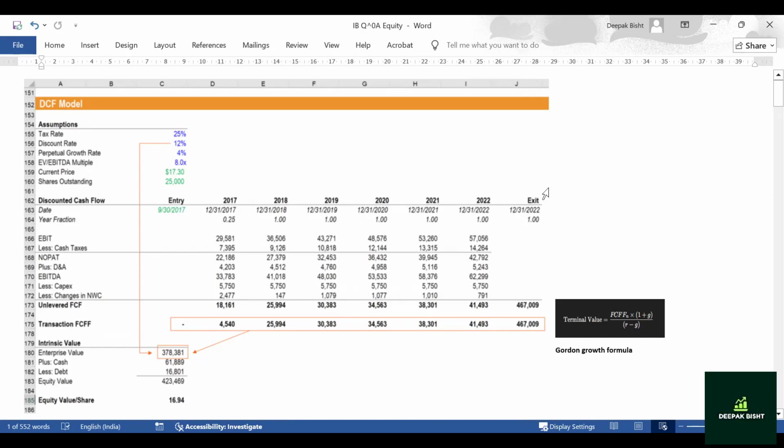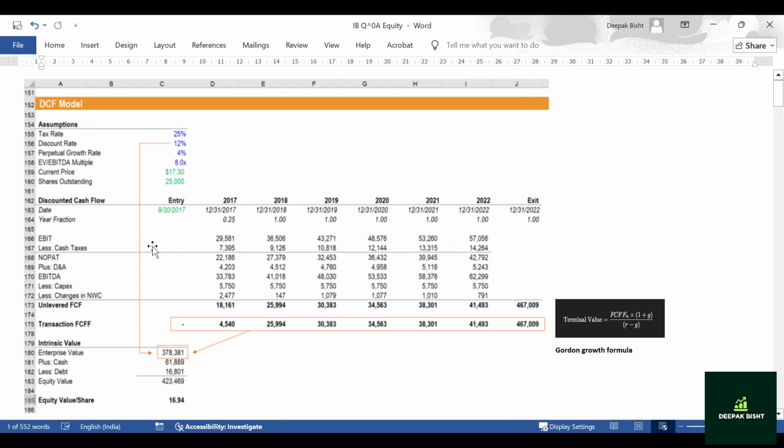Terminal value we can estimate using two approaches. The perpetuity method, this is the formula, where we assume that the company will keep on growing forever. And then there is the exit multiple method, which we have discussed in detail in the previous questions,